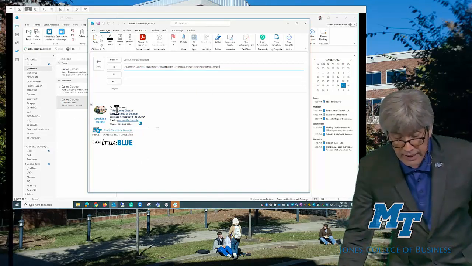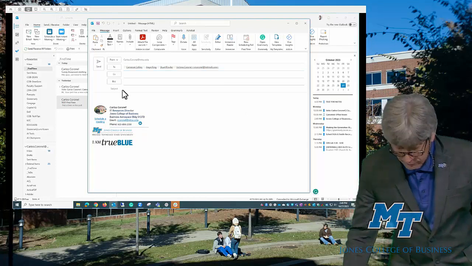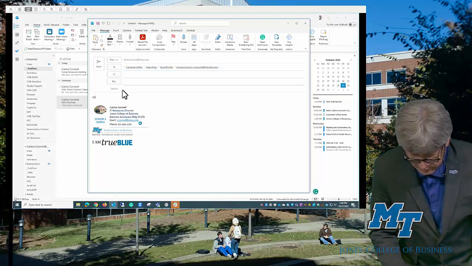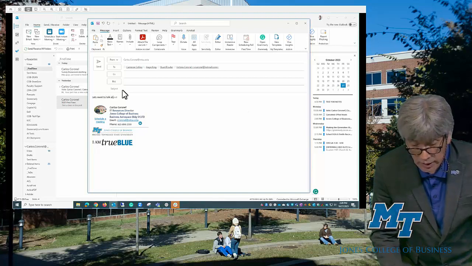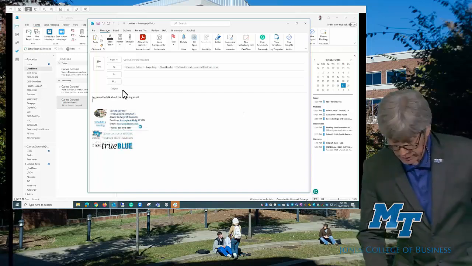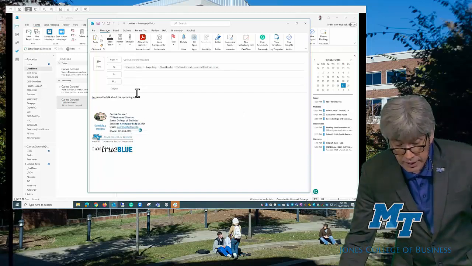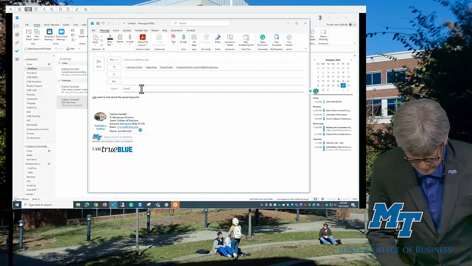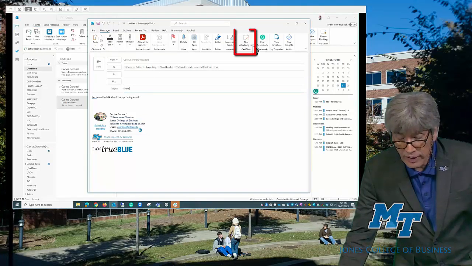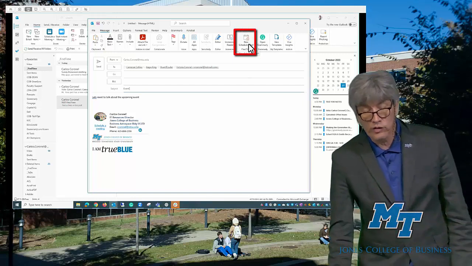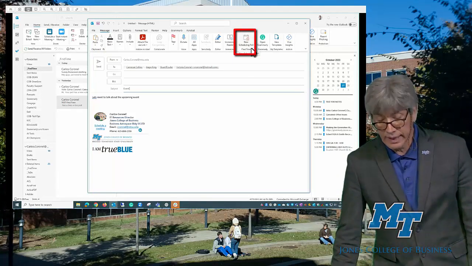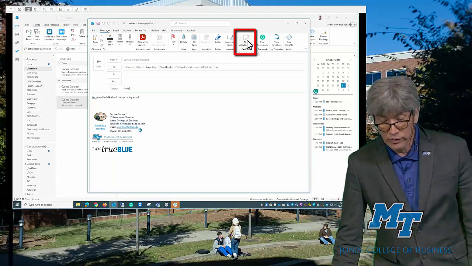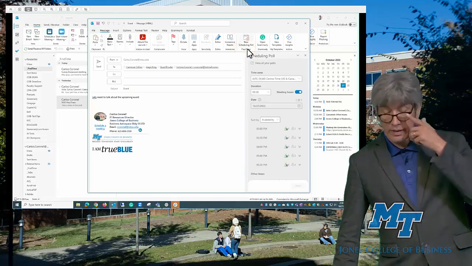And then at this time, you're going to say, for example, let's meet to talk about the upcoming event. Hit enter. And then, of course, you put a subject in here. And then here you have this option that says new scheduling poll, find time. This is what you need to use. You click in there,